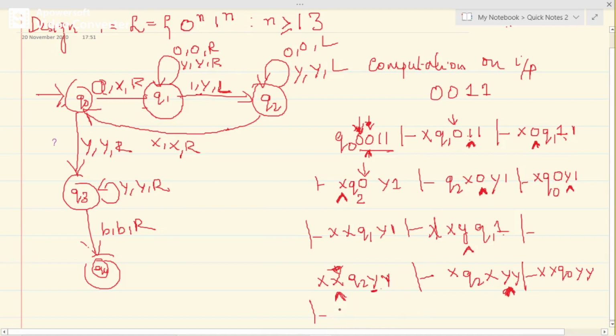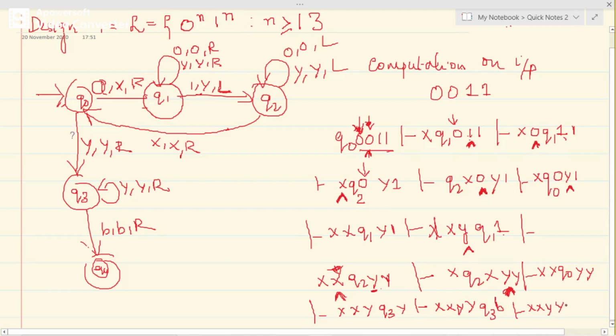Y goes to Q3 state. So Y Q3 Y. Q3 on Y goes to Q3 state itself. Y goes to Y R, I said. So it is taking the next. Here what will we have? Blank. So X Y, Q3 on B goes to Q4.